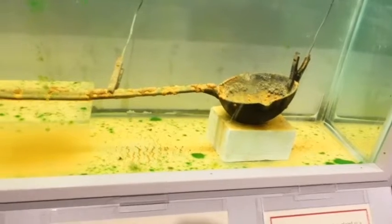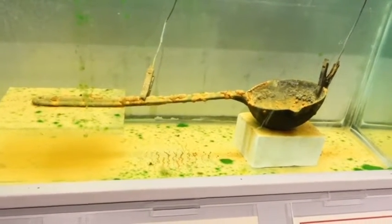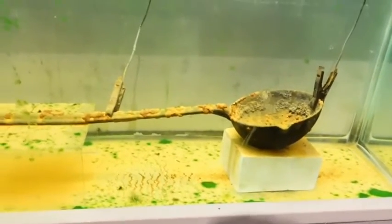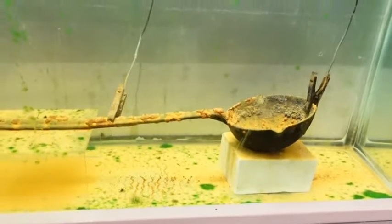This is how the long, slow process of electrolysis works. The iron is submerged under the water of a